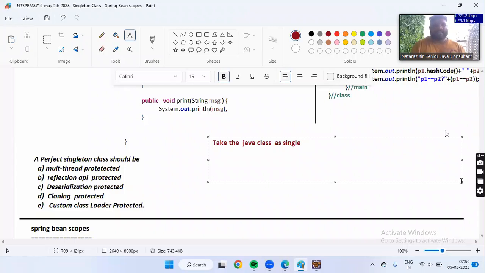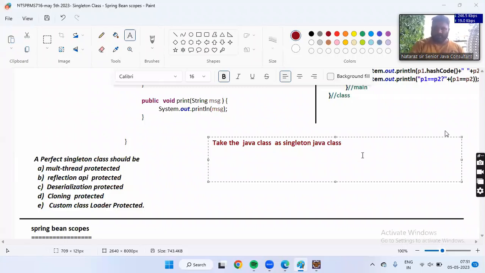Okay, you take that countries example, boss. Countries should be loaded into the application only one time. They should be stored into an object only one time. If you create one object, they will be stored only one time into the object. But if you allow creating more objects, countries will come and be stored more times. You create 1,000 objects, also the same countries; 200 objects, also the same countries. So create one object, load the countries only one time into the object and use them multiple times. Take the Java class as a singleton Java class